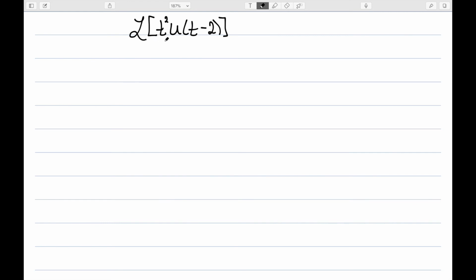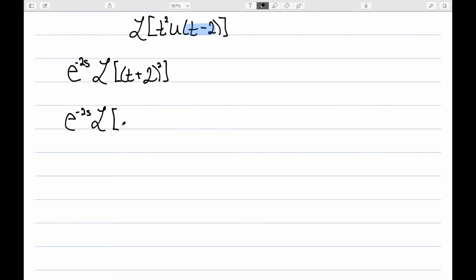This time I want the transform of t squared u of t minus 2, and this time I only have a t minus 2 here. So the rule says it's e to the minus 2s times the transform of, and then I'm going to do t plus a. So I'm going to shift this. Instead of t, I'm going to write t plus 2 squared. In order to take that Laplace transform, I'm going to go ahead and multiply this out and get t squared plus 4t plus 4. So I would have e to the minus 2s times